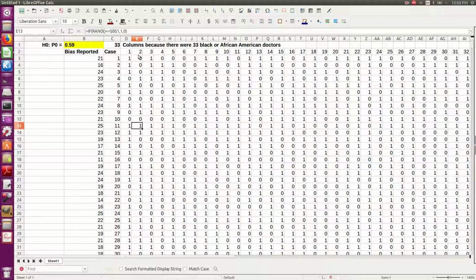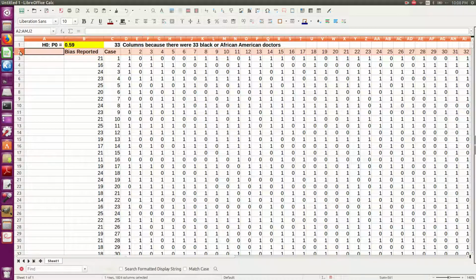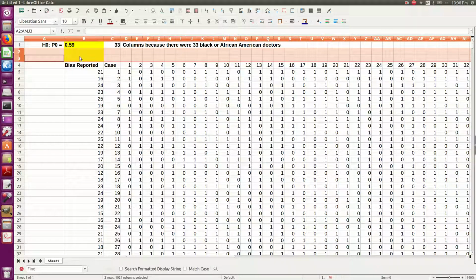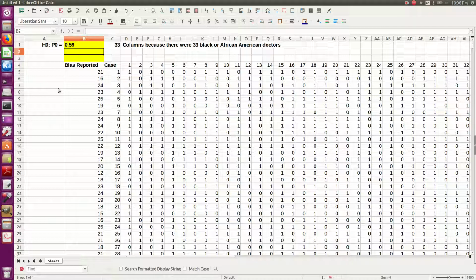All right, well, so I need to add a little bit of information to keep going here. I am going to highlight, say, a couple rows, right click, and insert rows above. Makes that yellow, that's fine, because somewhere in here I need to put my p hat, so that's my data, is my p, and